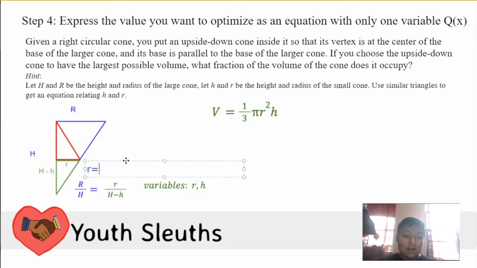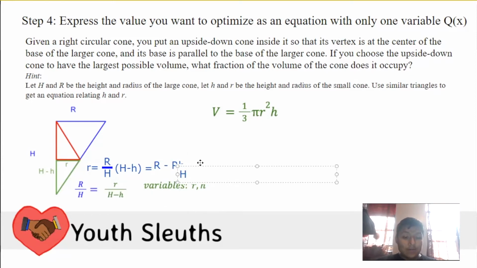We have little r is equal to, and in order to isolate, we multiply big H minus small h to both sides. So what we end up having is big R over big H, and that's being multiplied by big H minus little h. Now we distribute so that we end up having big R minus big R times little h